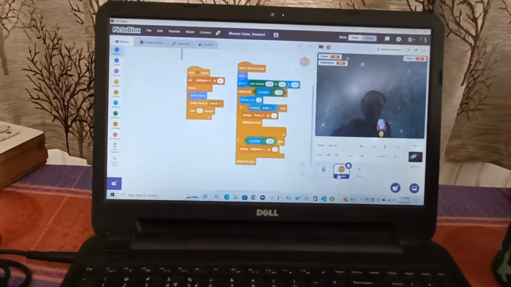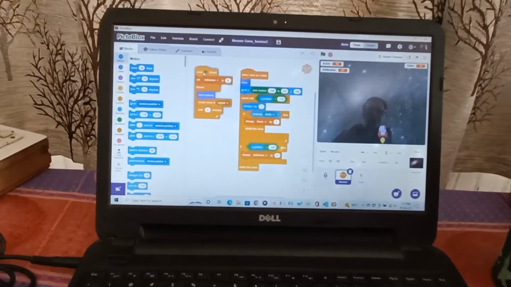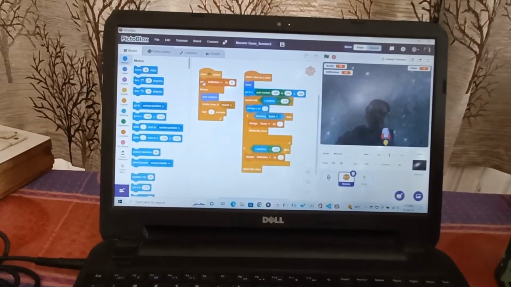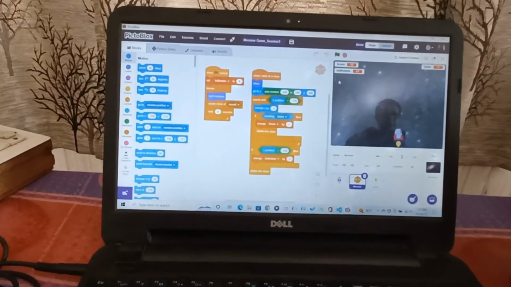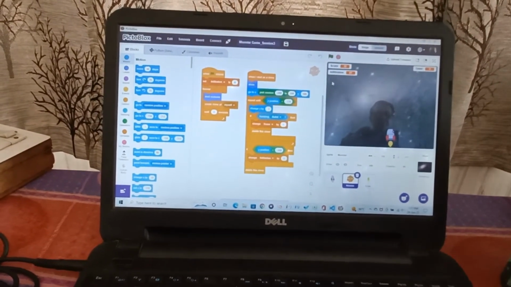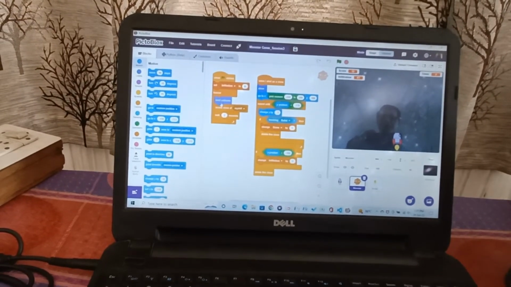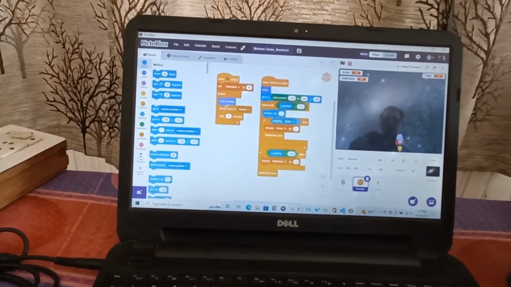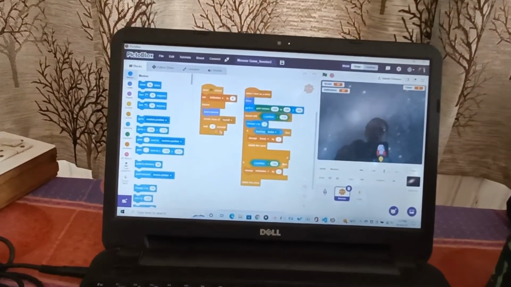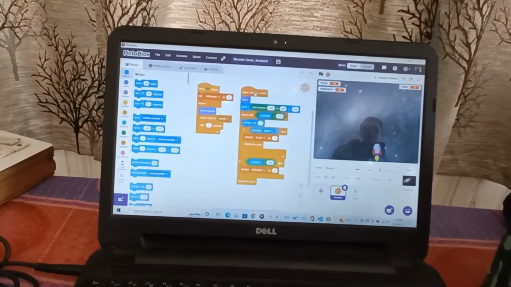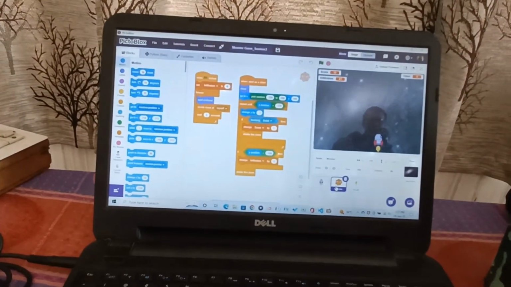The second part is the monster. Whenever I click the green flag, set infiltration to 0, meaning in the very beginning there is no infiltration, so we initialize the value with 0. Continuously the costume is being changed and a clone is created after each and every 2 seconds. When I start as a clone, meaning whenever a monster clone is created,